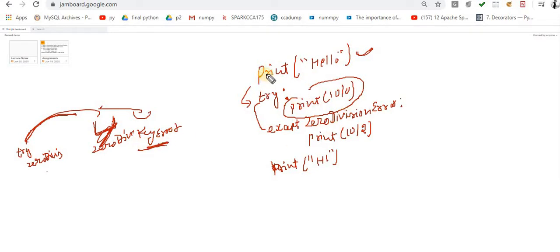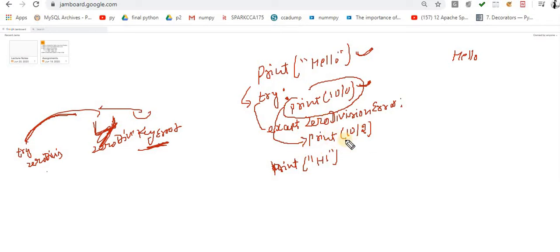Now understand the flow. It will print this hello. Now the try block: I know I will get the error there. The risky code is what I always put inside the try block. I know the chances of error are here, so I put this code in the try block, and when the error occurs, it automatically moves to the except block.